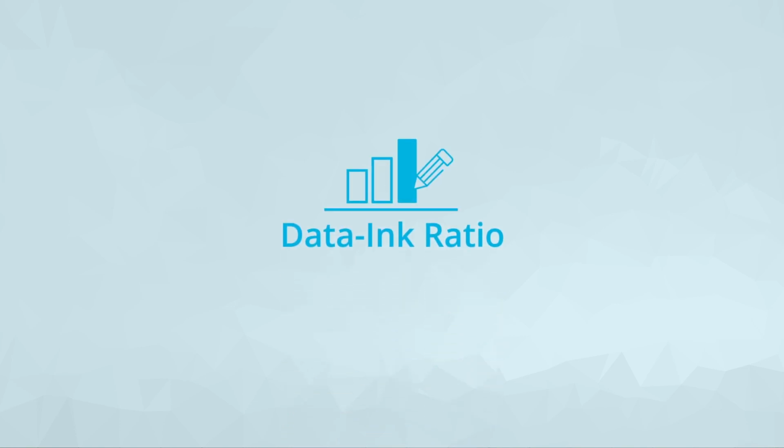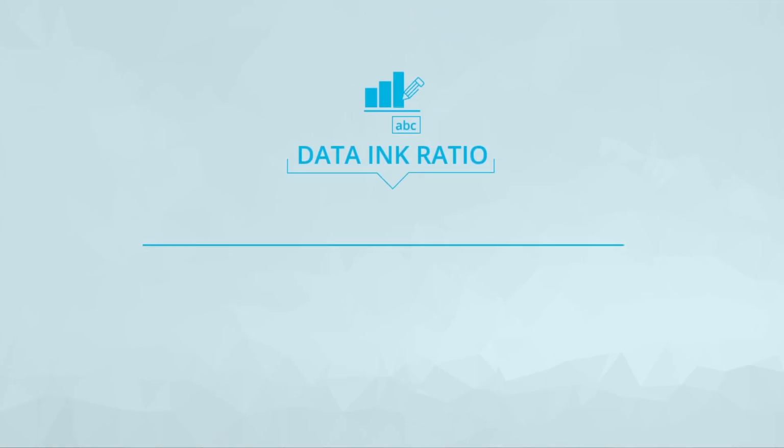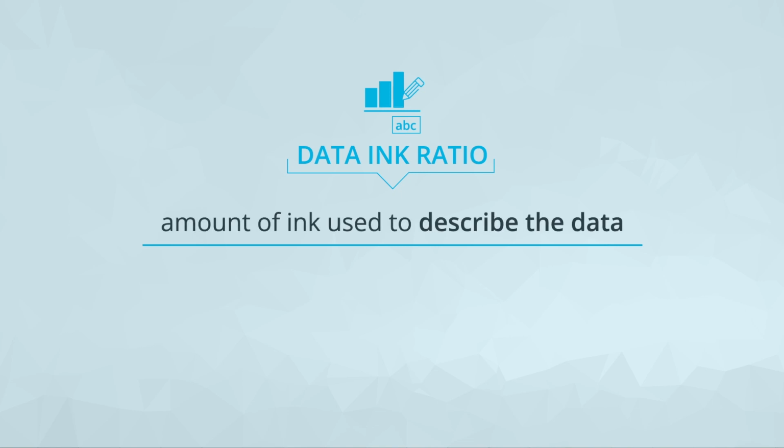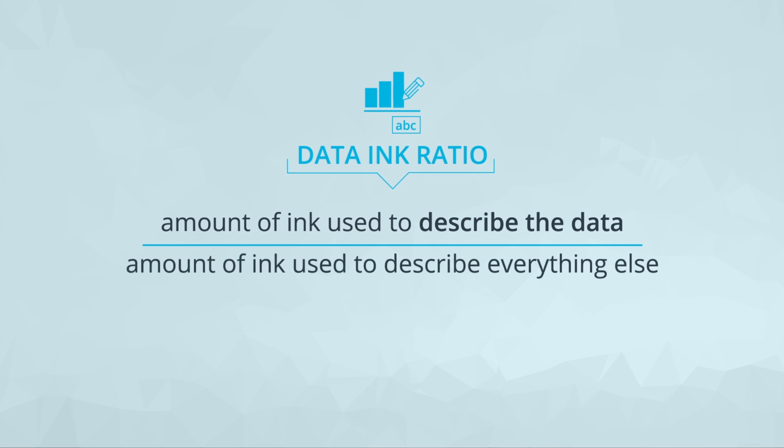In the previous example, we saw how we can better our visualizations by removing extraneous elements. We can conceptualize this relationship using something called the data to ink ratio. The data to ink ratio was defined in 1983 by Edward Tufte as the ratio of the amount of ink used to describe the data to the total amount of ink in the visual. In general, the higher the data to ink ratio, the better.